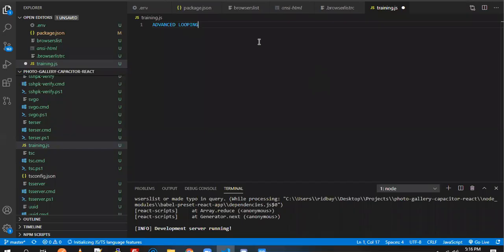So I actually left out a few other ways that we can do looping in JavaScript. If you remember, we've talked about for loops. We've talked about while loops. We've talked about do while loops. We've talked about forEach, and we've talked about other newer methods in JavaScript like map, filter, and reduce. But there are actually two other ways that we can do looping in JavaScript, which I'm going to show you